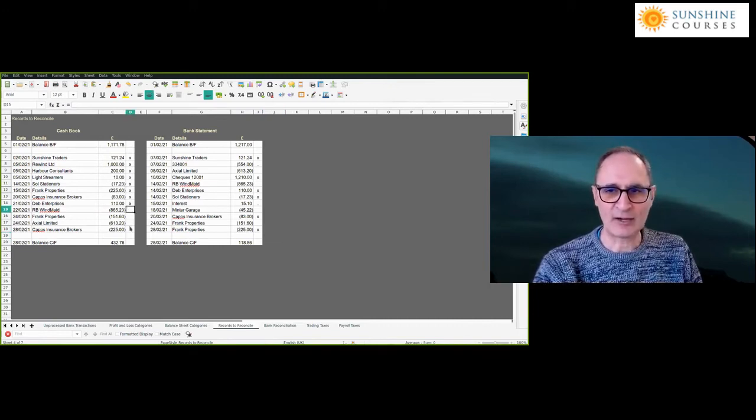Windsor and Maidenhead, £865. Yep, I can see that. That ticks off here and here. Frank Properties, £151. Yep, I can see those as well. HCL, £613. Yep, for some reason, it's in the bank statements on 8th of February, but in my cash book